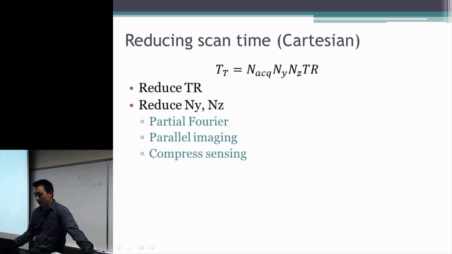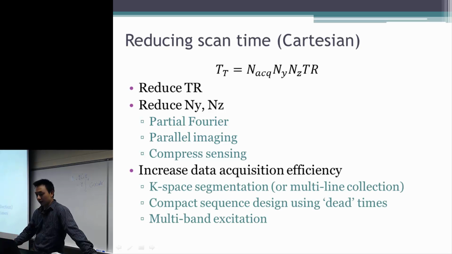and second, has a sparse transform domain that you can use. So it's basically like compressing the signal during the data acquisition rather than at the image processing